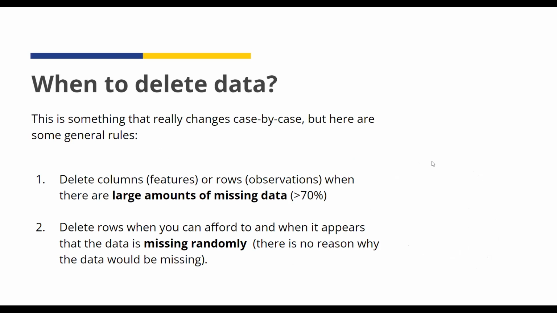As opposed to imputing data, we can also delete data entirely. And this is something that ultimately you, as the data scientist, will have to make the judgment call on. But there are some general rules that you can use as a guideline for making your decisions about this. One of which is you can delete columns, which are features like age or fare for our Titanic data set, or rows, which are observations, individual passengers,